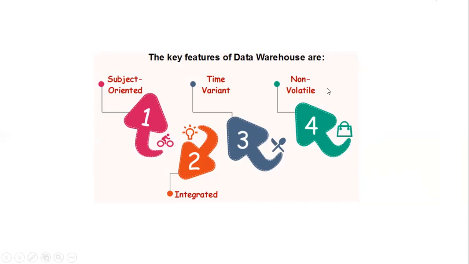Now we do have some features of the data warehouse: it is subject oriented, as we took the example of population. It is time variant, non-volatile, and integrated. With time, no matter how much the data increases, it can be stored in that particular warehouse. It is non-volatile and integrated, which means whatever information you are getting there is an integration of whatever the exact sources of information we have.